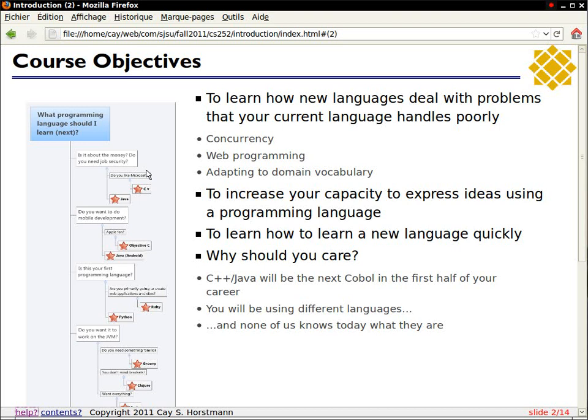But the article was pitched to people who really kind of see the limits of what they're doing right now and who want to learn new things. And so why are people dissatisfied with Java, C#, C++? There are kind of three big topics that they're unhappy about. Concurrency. All of those languages handle concurrency very poorly. And concurrency is like the next big thing that we all need to get much better at, because, as you know,